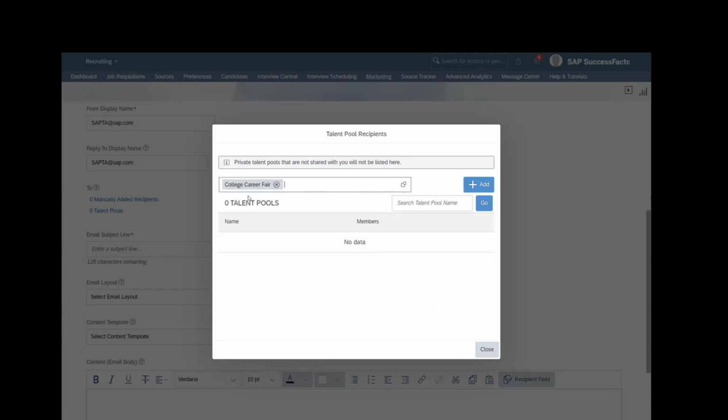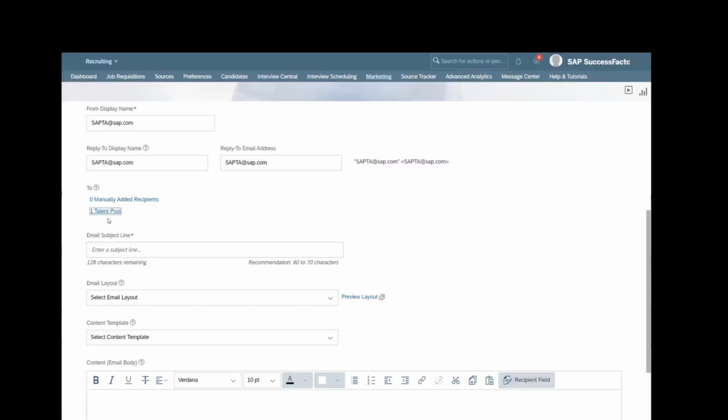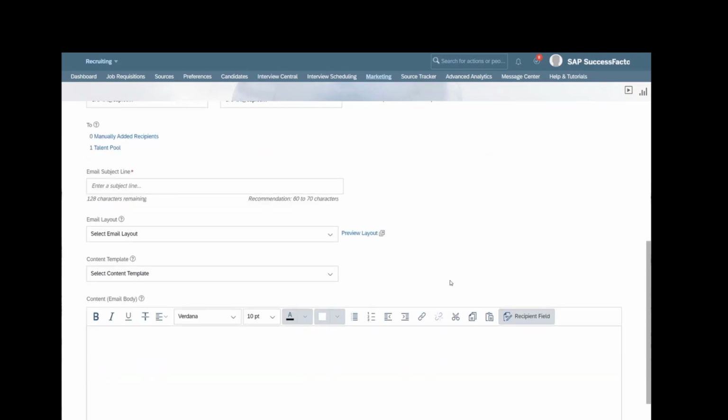So for example, we have a college career fair talent pool. Let's go ahead and add in that specific talent pool, and it looks like there are 5 members in there. So we've added in that talent pool, as you can see here. We'll jump into the other ways of how to add in candidates after we get through the core content of this email campaign. So again, the email subject line,